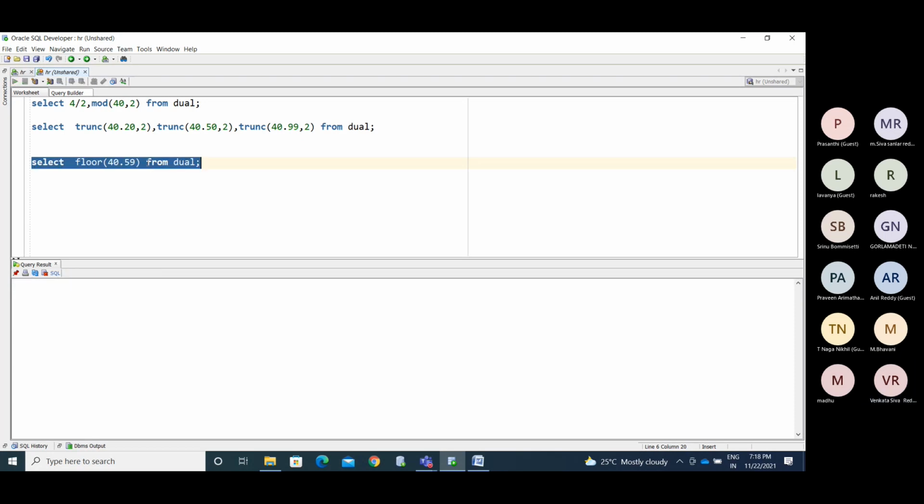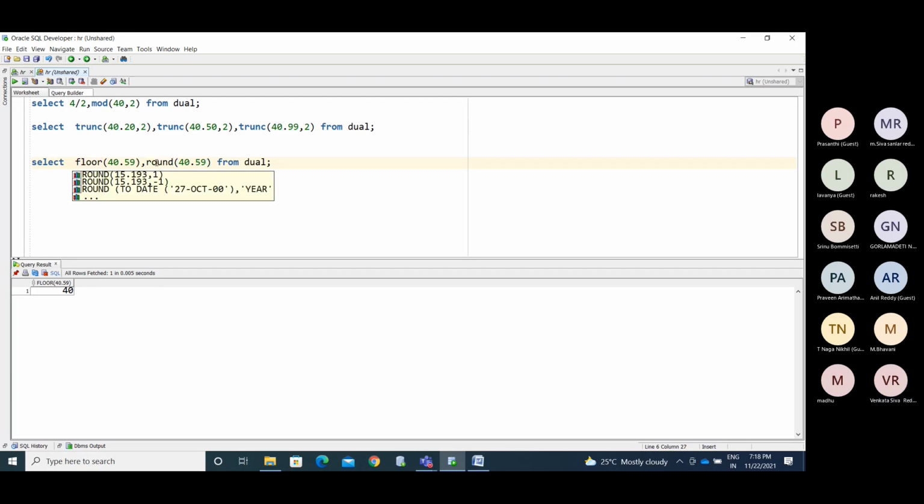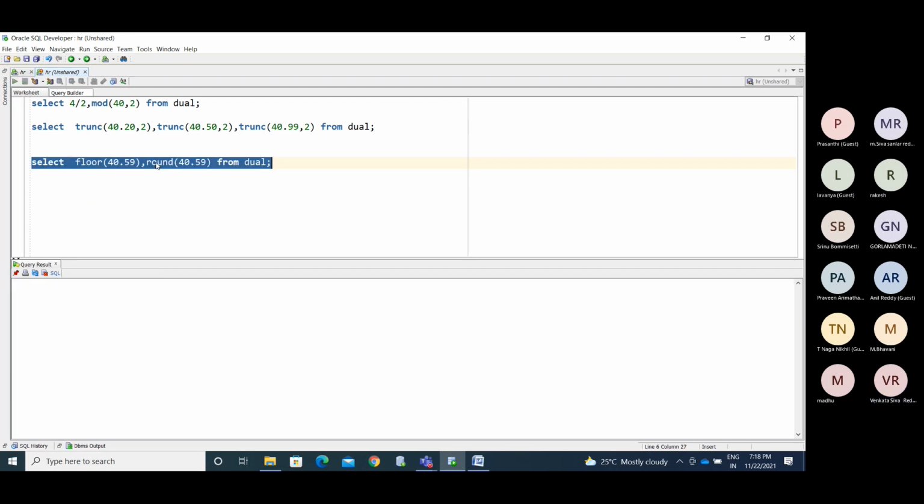See, if I use 40.59 with the round function, it will become 41.